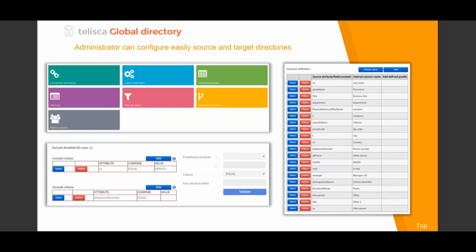You can map the column of the source with the internal column of Global Directory. You can define include and exclude criteria. You can deduplicate, distinct. You can reformat the phone numbers, for example, and so on.